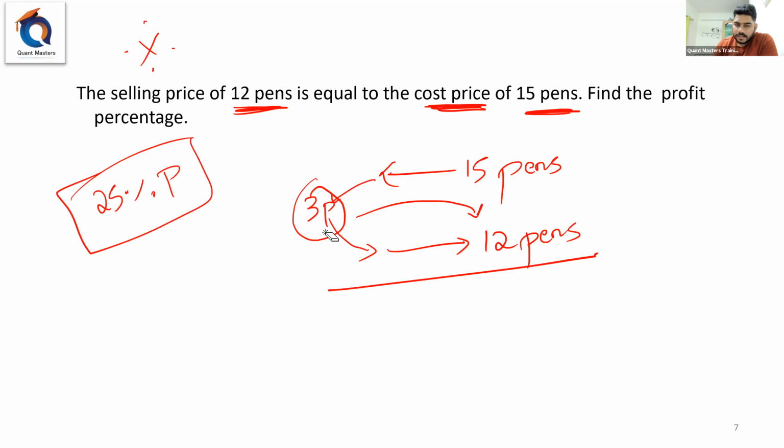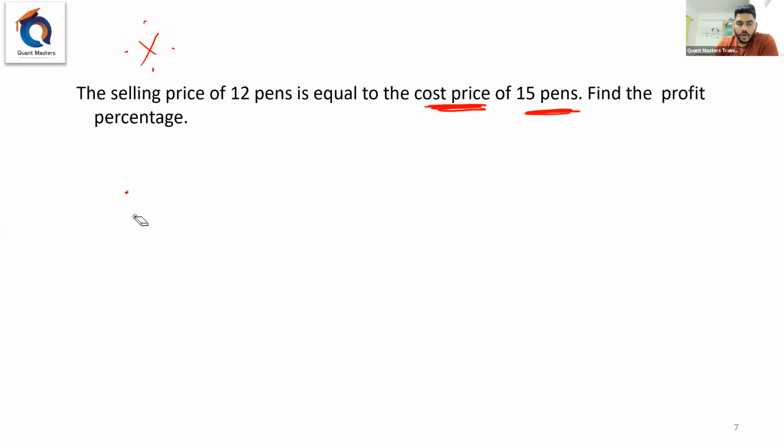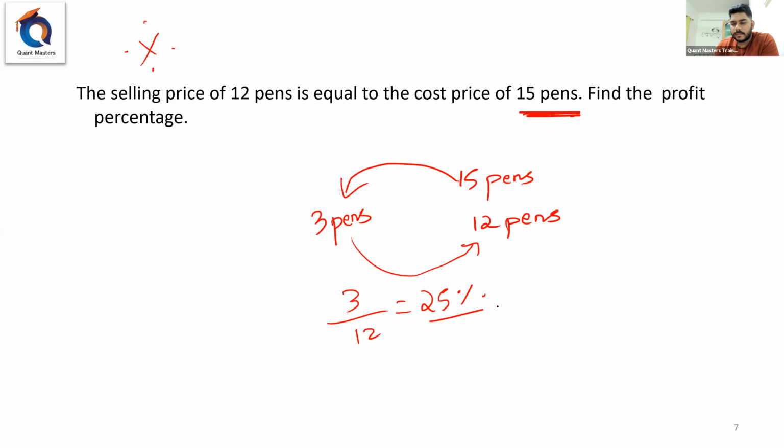That's all. I repeat this technique again if you have not understood. Cost price means buying, selling price means selling. I hope you know this. So I am buying how many pens, sir? I am buying 15 pens. And I'm selling how many pens? I'm selling 12 pens, which means I kept 3 pens with me. Yes or no? I bought 15. In this 15, I kept 3 and sold the remaining 12 to you. So my profit is 3 over 12. Sir, 3 over 12 is nothing but 1 by 4. 1 by 4 is nothing but 25% profit.